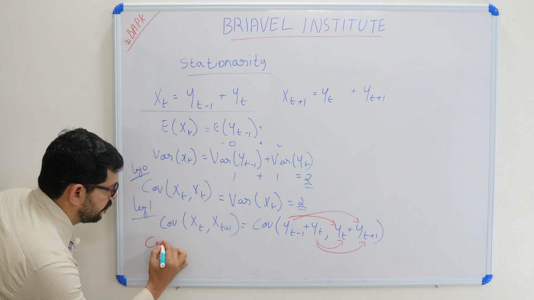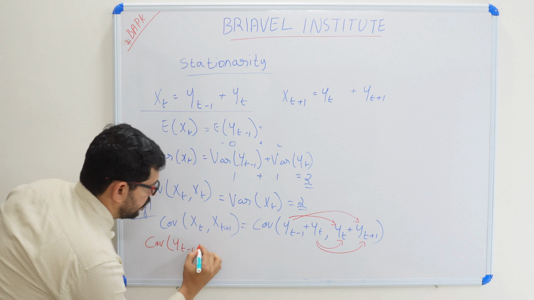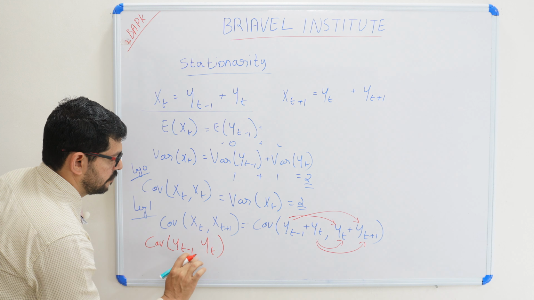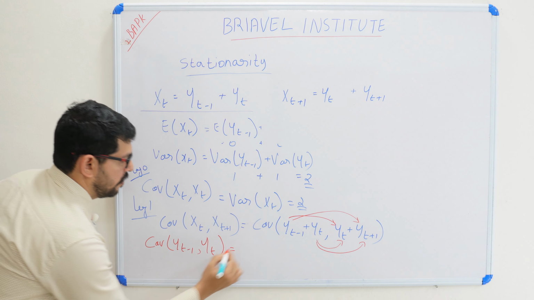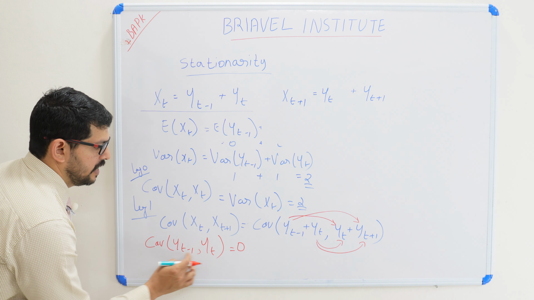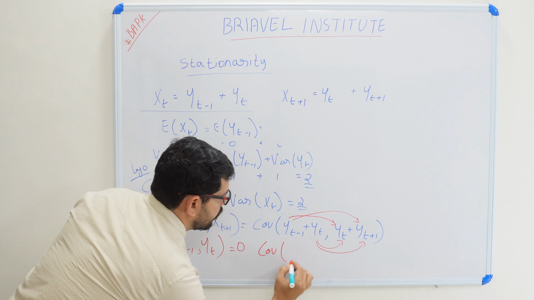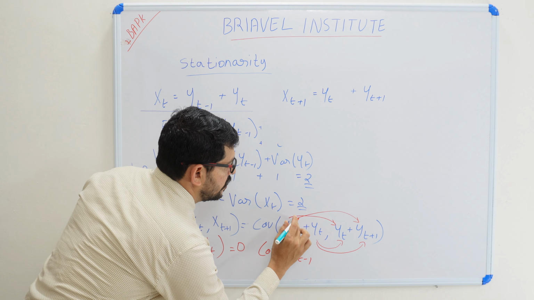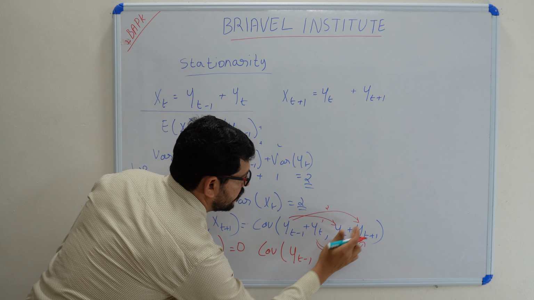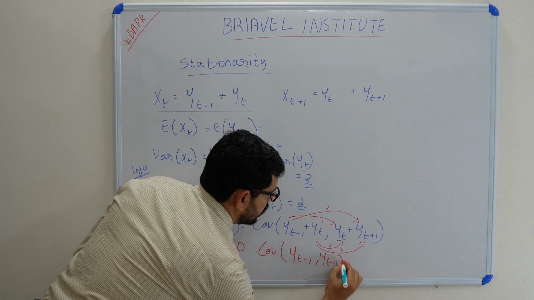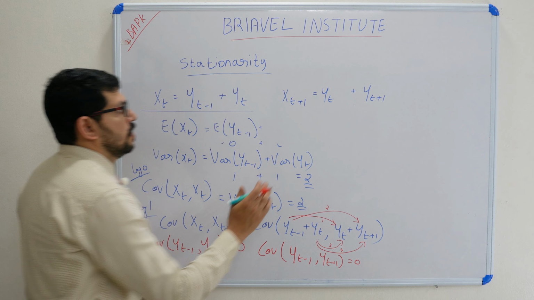So covariance of yt minus 1 with which one? Yt. First term, yt minus 1 with yt. So this is 0, yt is 0, yt minus 1 and yt is independent, there is no relationship, so it is a 0. And covariance of yt minus 1, next one, this is first one, this is second one, third, fourth. So next one yt minus 1 with yt plus 1, this also 0, there is no relationship, it is independent, this we can say it is 0. Now other terms,